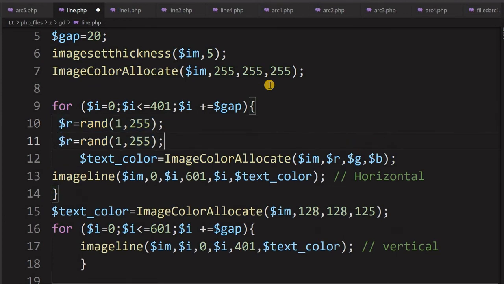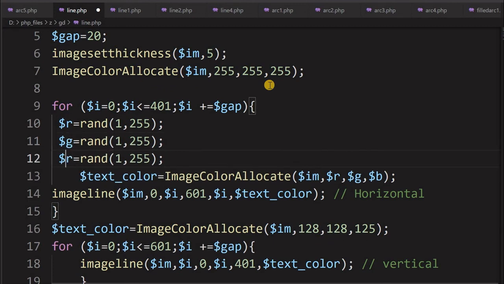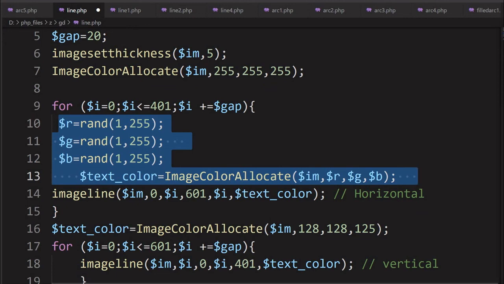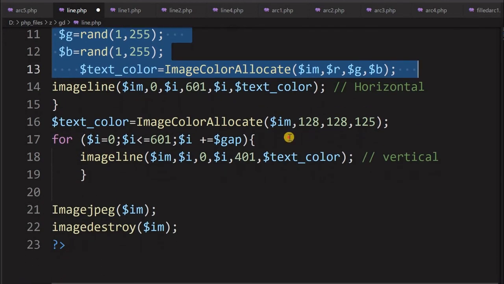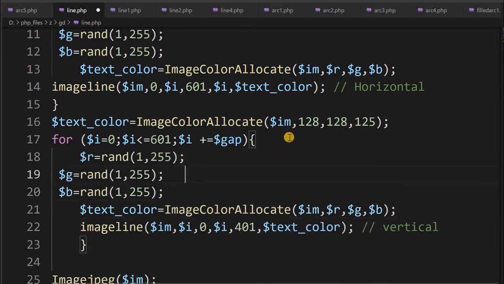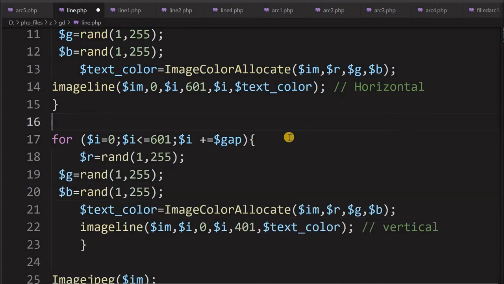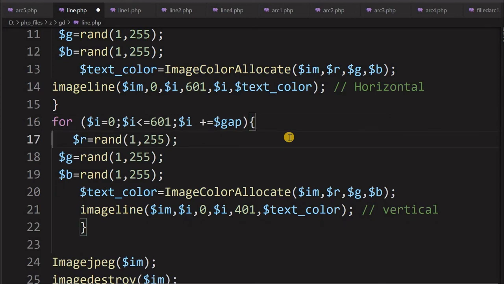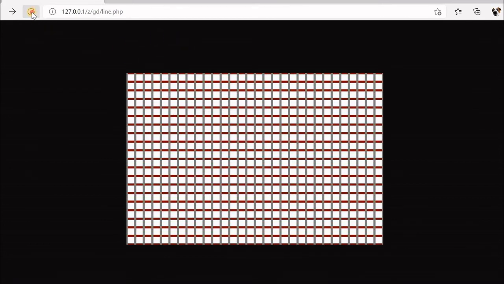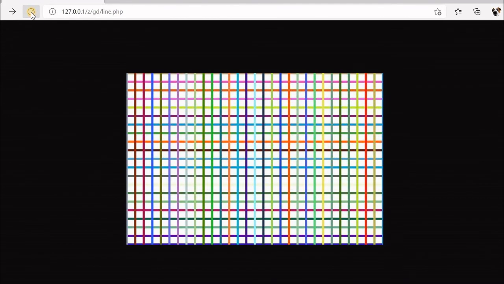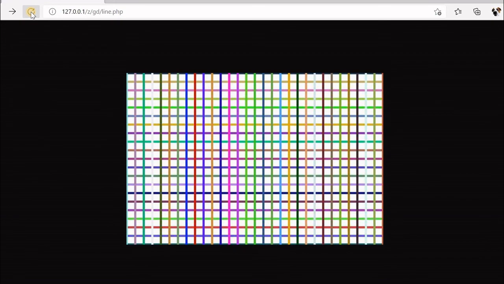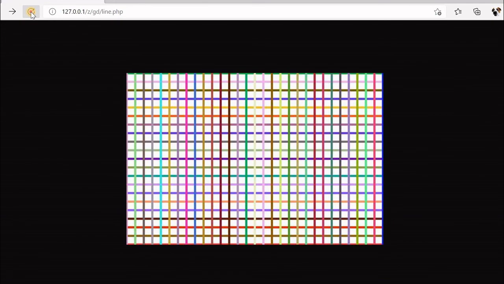Now I just copied it. The G value is also random. Now I will say the B value is also random. Now the same thing I will copy to my vertical lines also. Inside the for loop for vertical I will paste it here. Now this line 16 is not required because every time a new color is picked up. So that's all. Let's see how this looks. You can see the colors of all the lines are different. If I refresh it, different colors will be picked up because these random numbers are used.